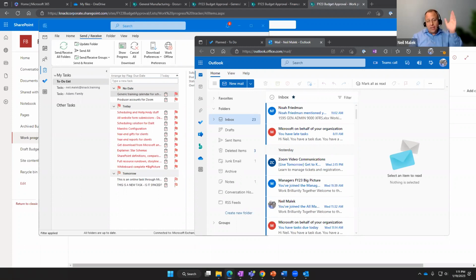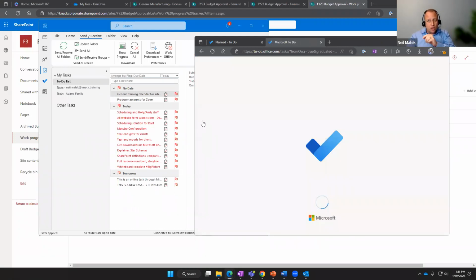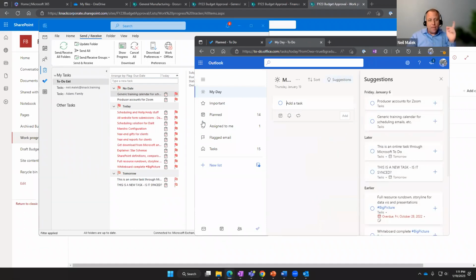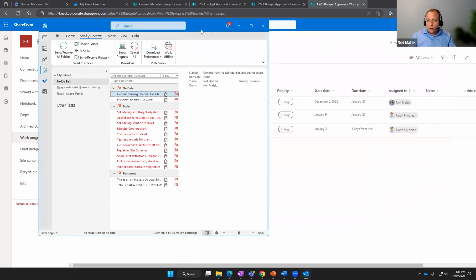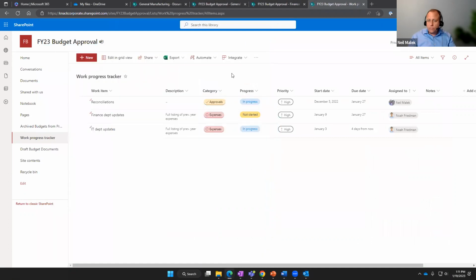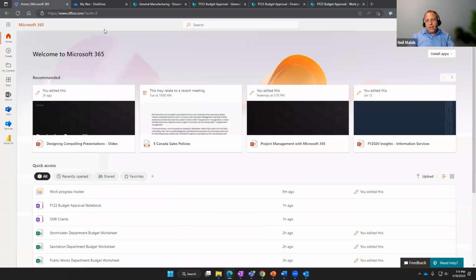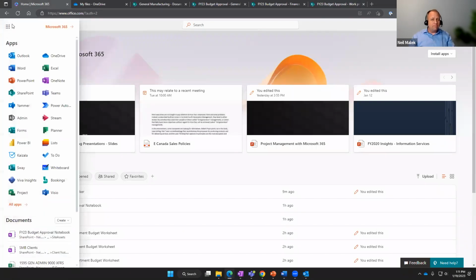Okay, so we have the tasks on the desktop Outlook being synchronized to the online Microsoft To Do. That's working okay. Now here's the second part, everybody. The reason that Microsoft To Do is useful to me is because I like to use Microsoft Planner to schedule group-based task management. And here's the way that all works out. First of all, again, if we start from the website office.com and we click the 9-point grid button that's up in the top left-hand corner on office.com,